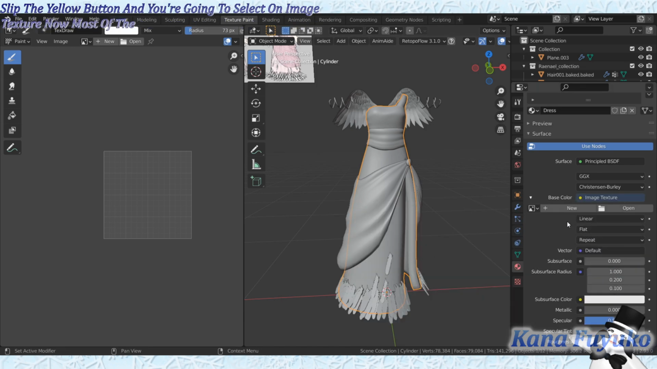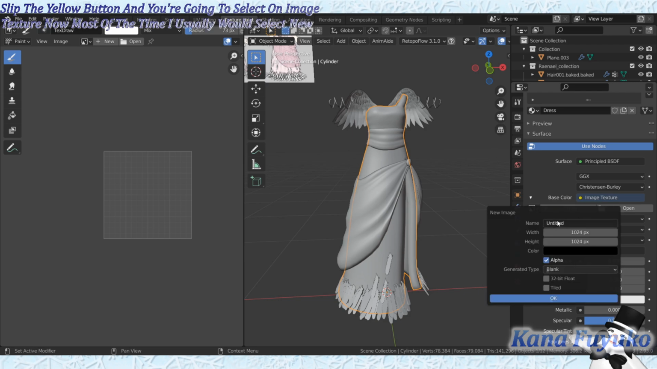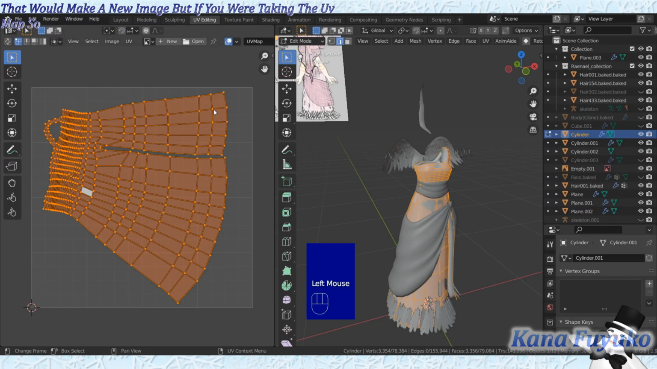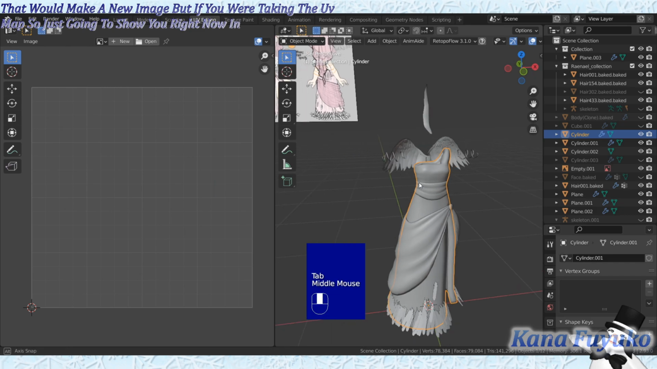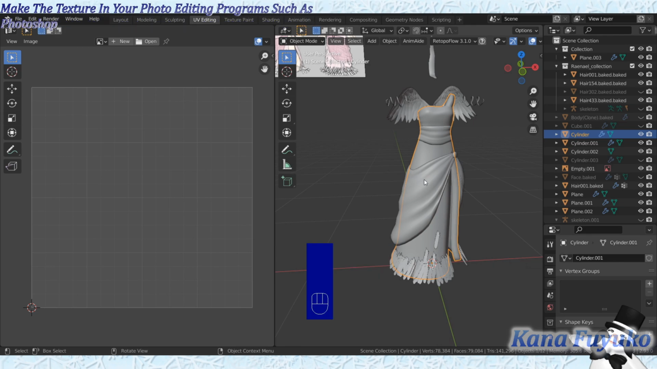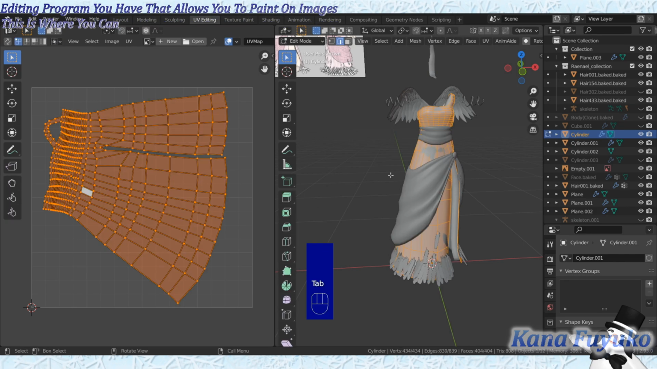Now, most of the time, I usually would select New, and I would make a new image. But if you were taking the UV map, I'm just going to show you right now, in case you want to make the texture in your photo editing programs such as Photoshop, GIMP, Paint Tool SAI, Paint.net, or Krita, or any photo editing program, even Microsoft Paint, I guess, whatever editing program you have that allows you to paint on images, this is where you can actually export the UV map. So you can go to the UV editing tab,